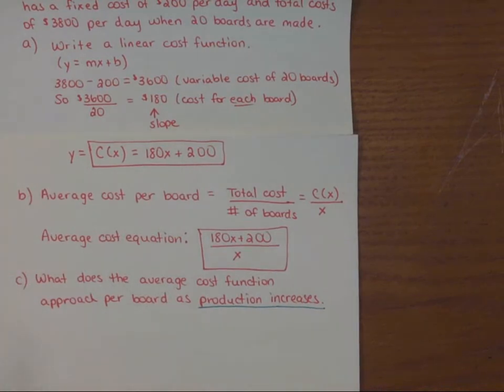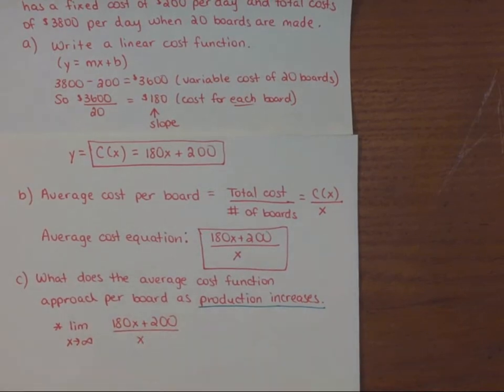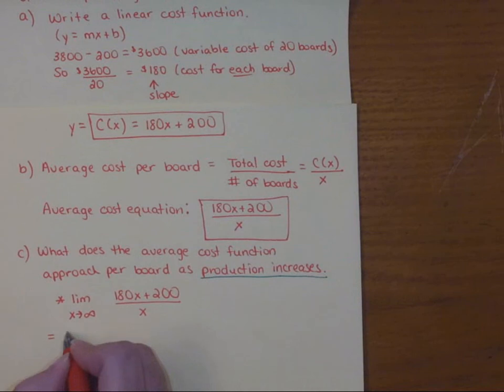This doesn't come right out and say that you're supposed to find a limit, but actually that is exactly what we'll need to do. So this is how we write what they're asking for. We want to know what happens as we increase x forever and ever, in other words, as we increase production, for the function 180x plus 200 over x. Now that we know what to do, which admittedly I think is the toughest part of this problem,